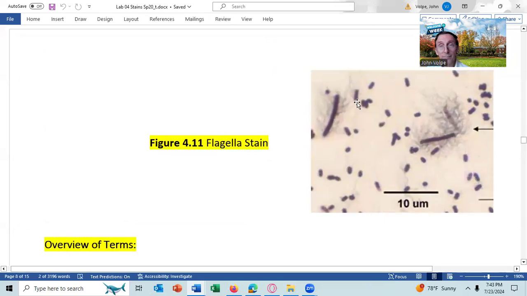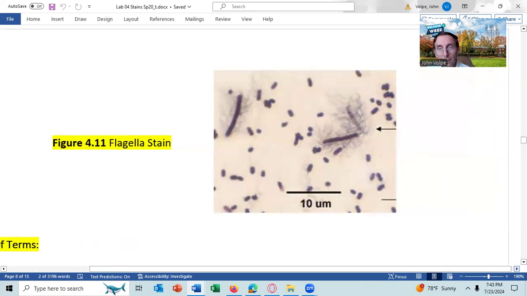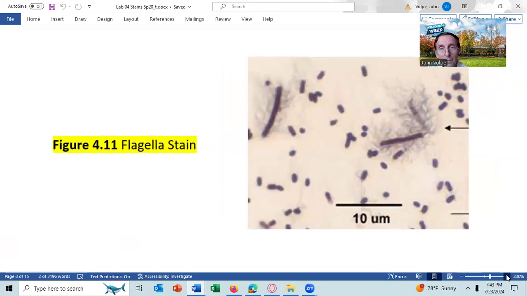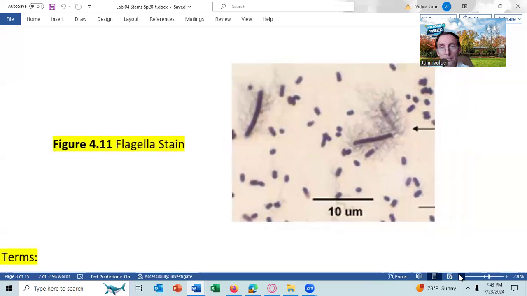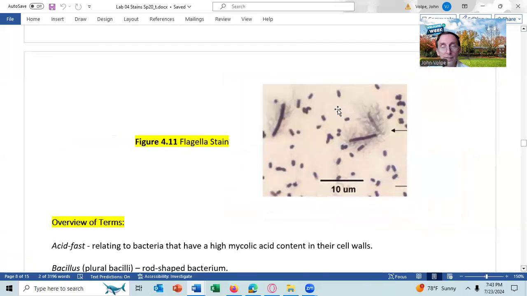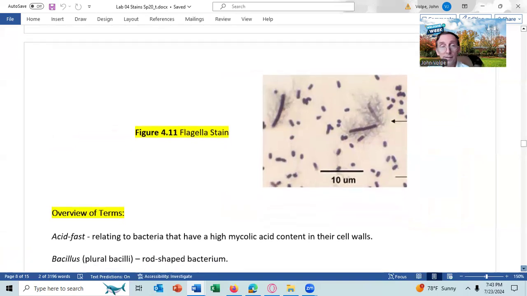This cell has most of the flagella on one end, maybe not all of them, but most of them on one end. There's one that has flagella only on one end. If I look really, really carefully, I can find a monotrichous one, but I'm not seeing one at the moment. Oops, wrong one. That looks like it's got two. Maybe that one's only one. And that's all the same species, by the way. All right, know the terms of this lab?